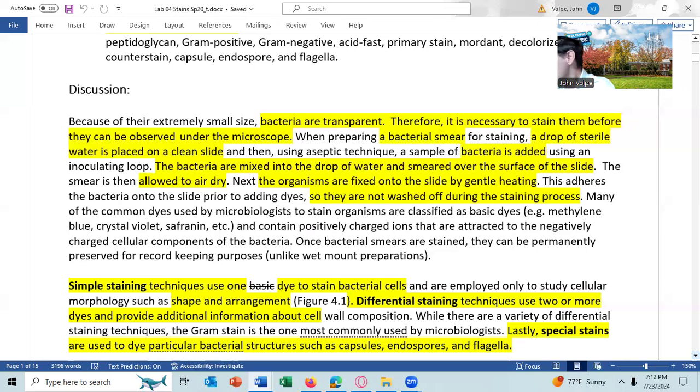Let me try and show. If this were the loop, the capsule that hopefully you can see the inside of the capsule, you wouldn't want to fill the entire loop full of cells. You'd only want to have enough cells in the loop that you could see the cells, meaning you have very little cells, something like about 1/10 of the loop full of cells, not very many cells, enough that you can see them. If you have a loop full, you have way too many cells. In fact, if you have 1/4 of the loop full, you'll have way too many cells.